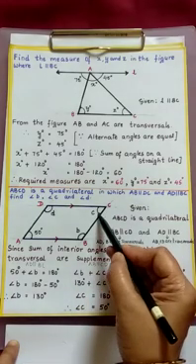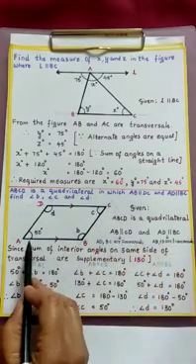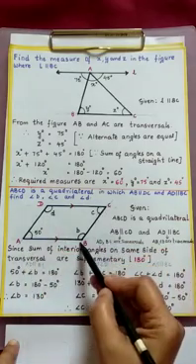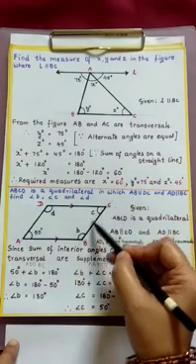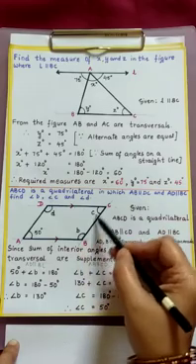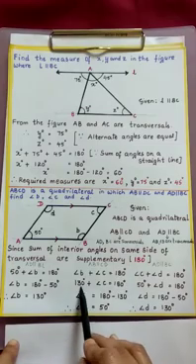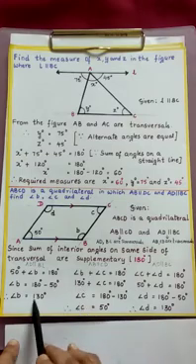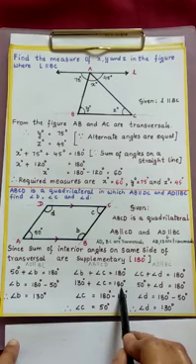Now we have to find angle C. Then how do we get angle C here? If AB is parallel to CD, AD and BC are transversals. If BC is a transversal, angle B and angle C lie on the same side of the transversal. So what is the sum of these two angles on the same side of the transversal? It is 180 degrees. Angle B plus angle C is equal to 180 degrees. Angle B, which we just got as 130 degrees, plus angle C is equal to 180 degrees.